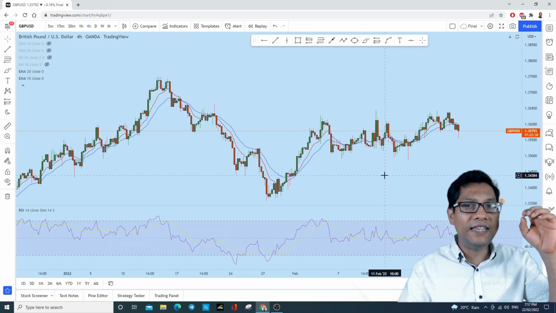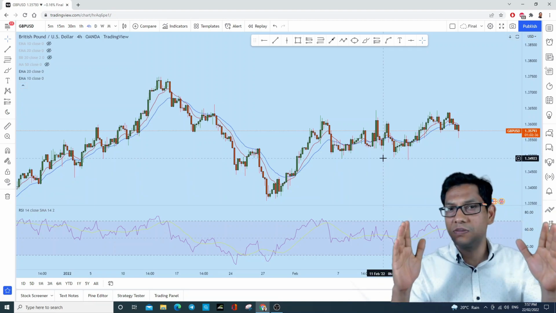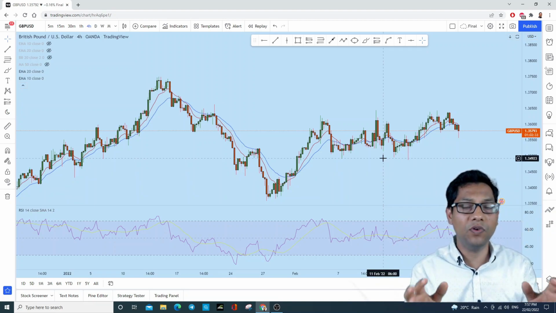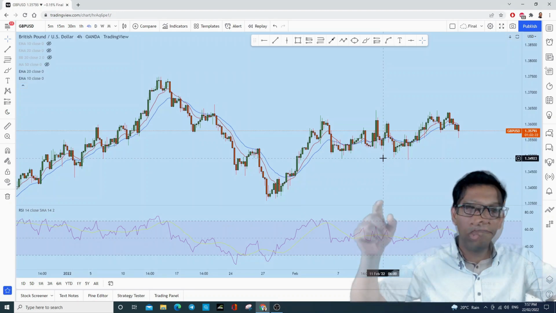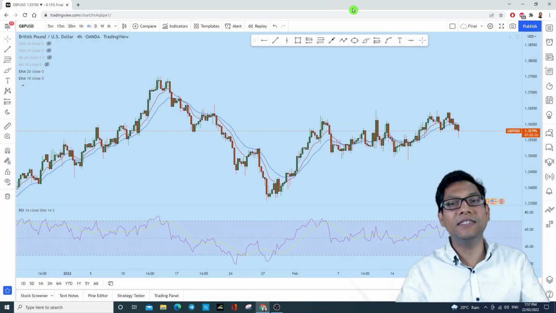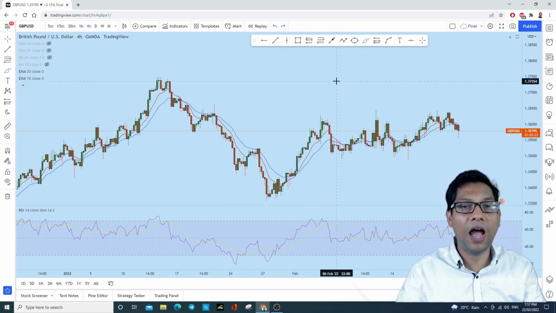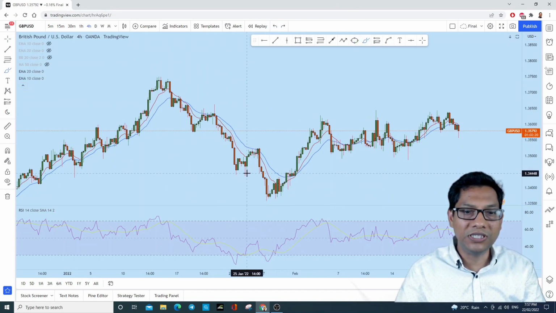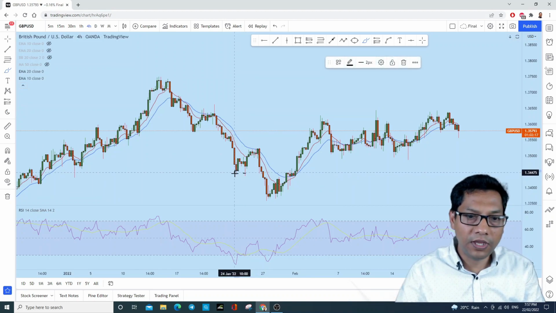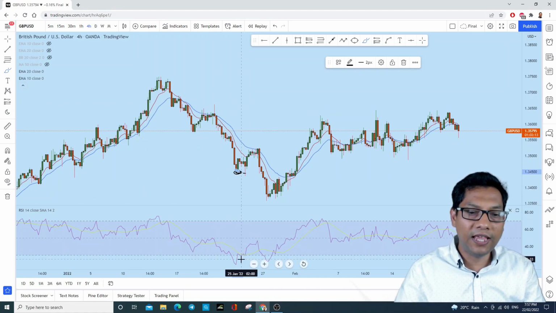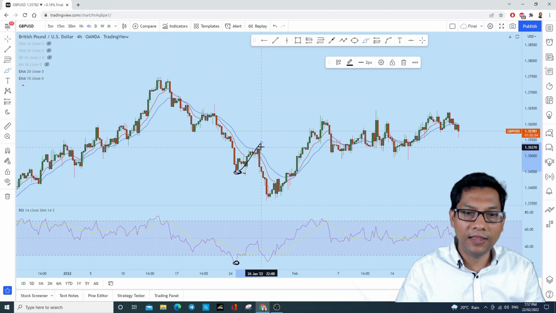In this down move, can you spot the divergence? I gave you 30 seconds. Yes, you are 100% right. There is a divergence in this zone. Let's see how this divergence happened. Starting from here, this is the lowest point of this move, and this is the same point in the chart in RSI. After this move, the price retraced to the upside and then dropped